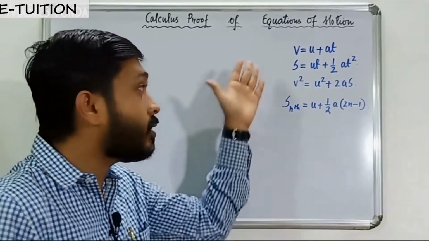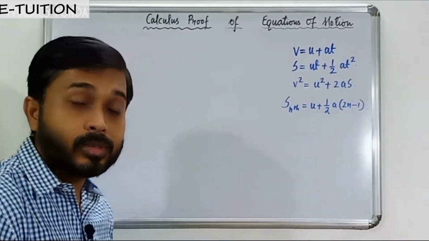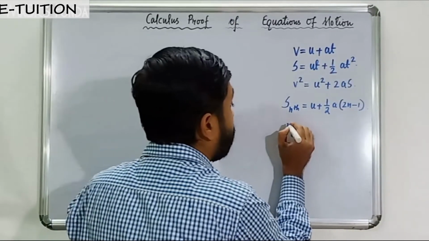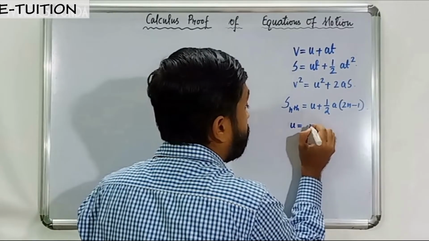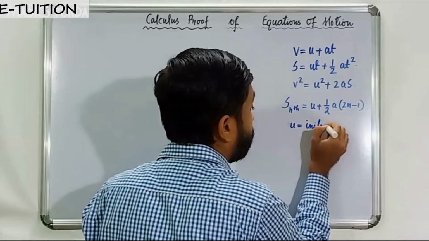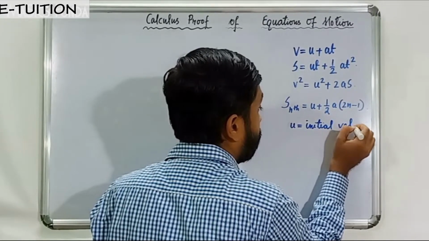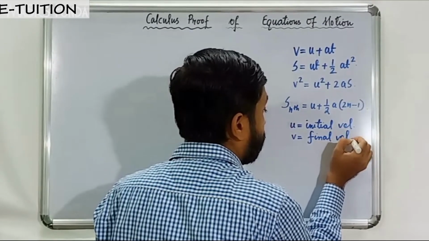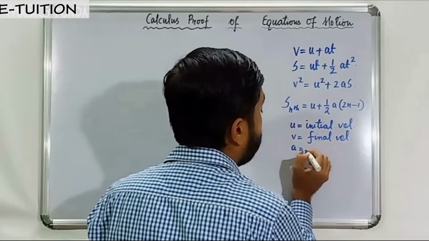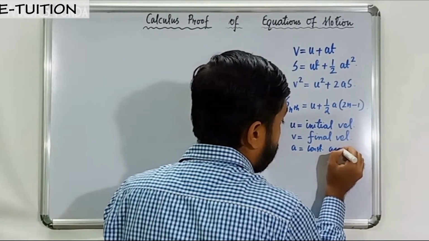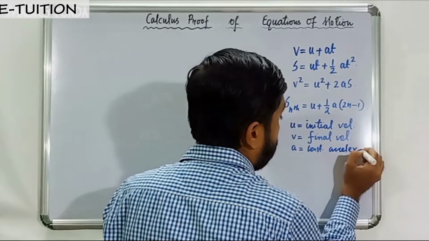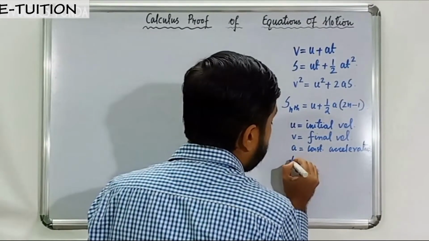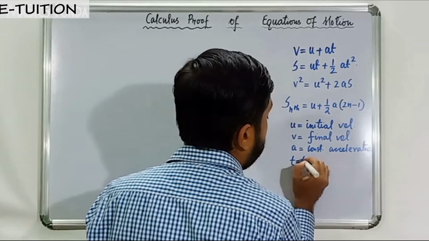So the fact is that here are a few symbols which have been used in representing the equations of motion, which we need to know. Which symbol symbolizes which quantity? So first one, u, is actually the initial velocity, and v is actually the final velocity. And what is a? I told you already that it is constant acceleration. Acceleration has to be constant always. t equal to the time